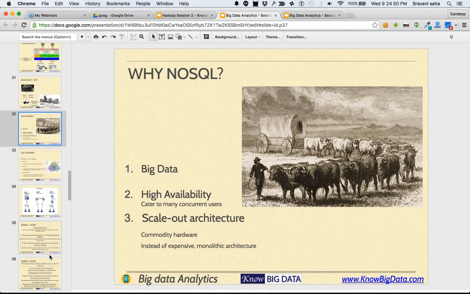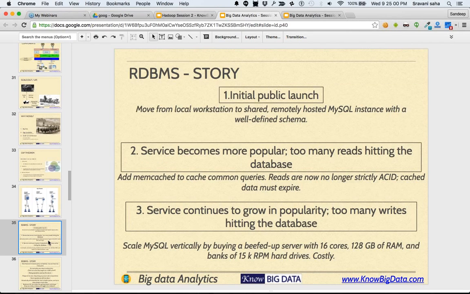Third is they cannot scale out, meaning the database has to run on the same machine. And you will understand the reason. I'll go through the case study before going into more theory, and that will give you a very good idea. So it's an interesting story, and this story has happened with many companies, many companies who were born in the internet era. In today's era, you launch a service, you have a couple of press releases, you have a couple of requests coming in. After a point in time, you hit the roadblock. Okay, so let's hear the story.